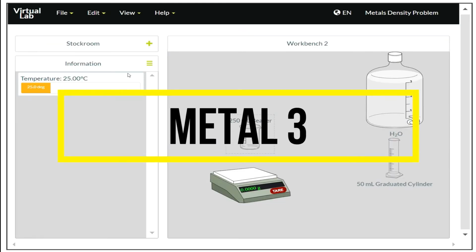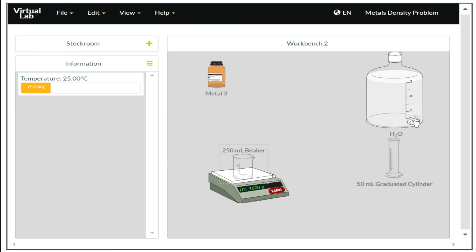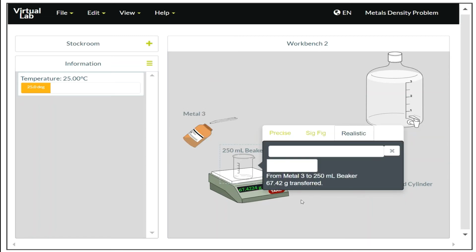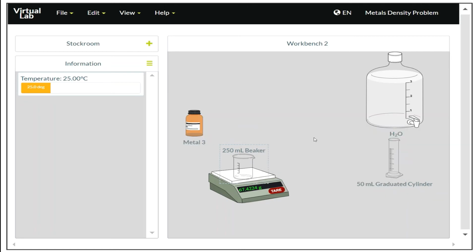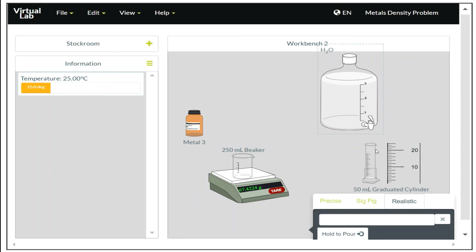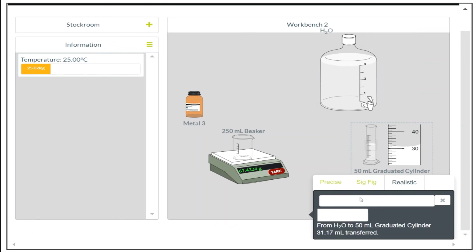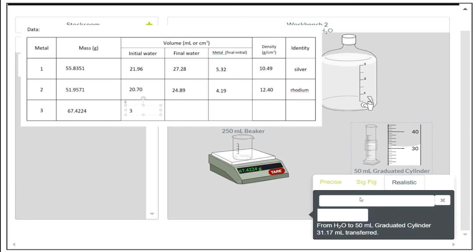Repeat the steps, but this time using metal 3, just like the other steps. First, we put the 200 ml beaker on the weighing scale, and don't forget to press the tare button to obtain 0 gram. After that, add metal 3 into the beaker and observe the mass of metal 3. Don't forget to jot down the mass, which is 67.4224 gram. After that, we add some amount of distilled water into the 50 milliliter graduated cylinder, and jot down the initial volume of water into the table, which is